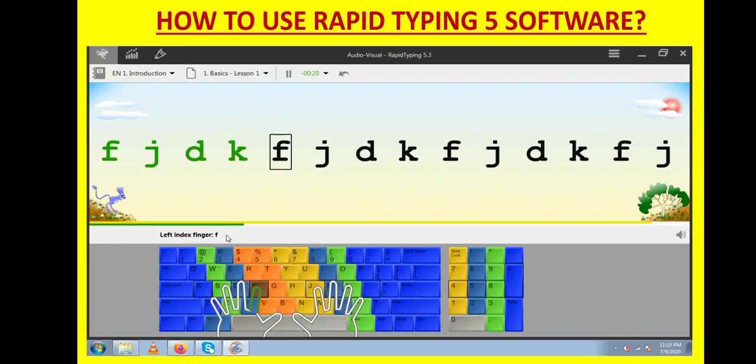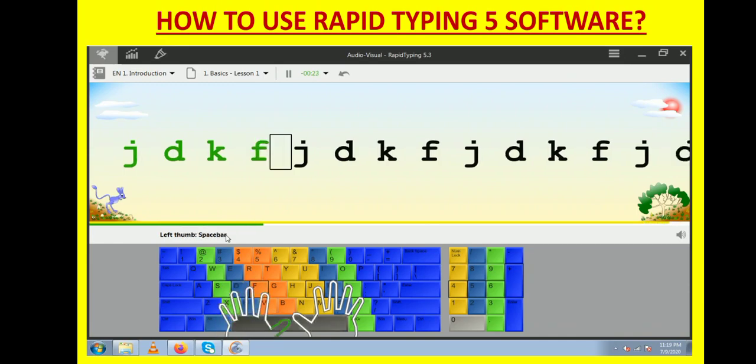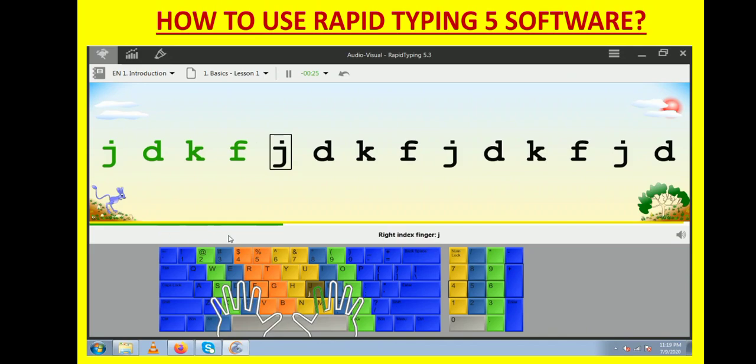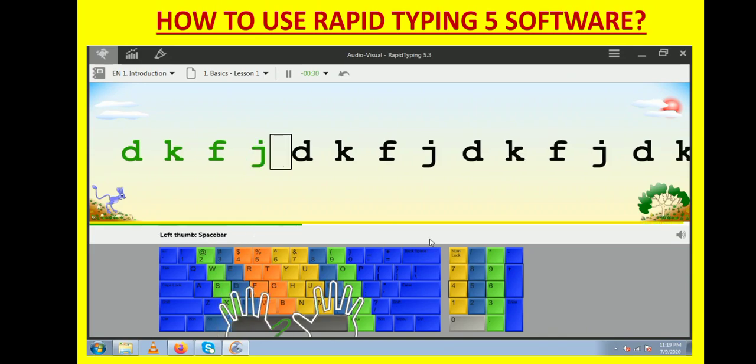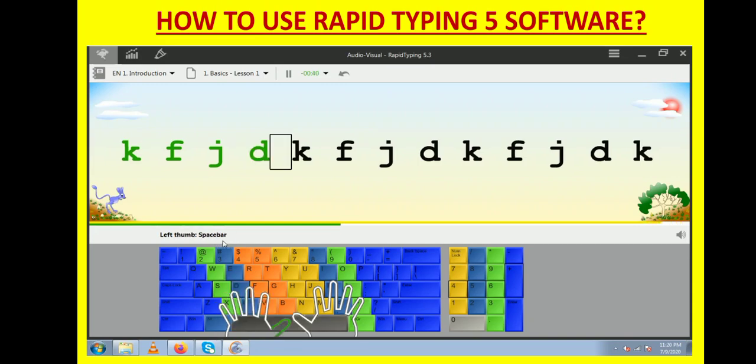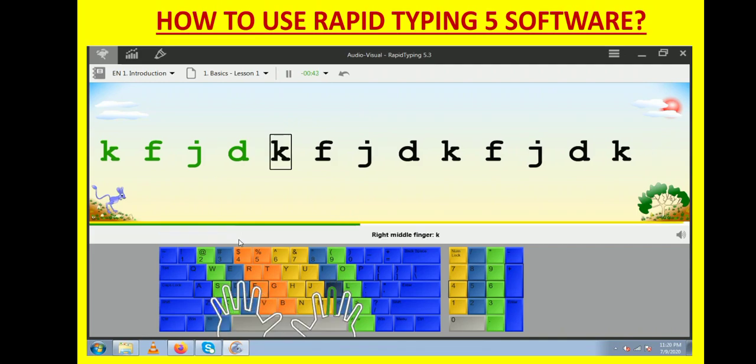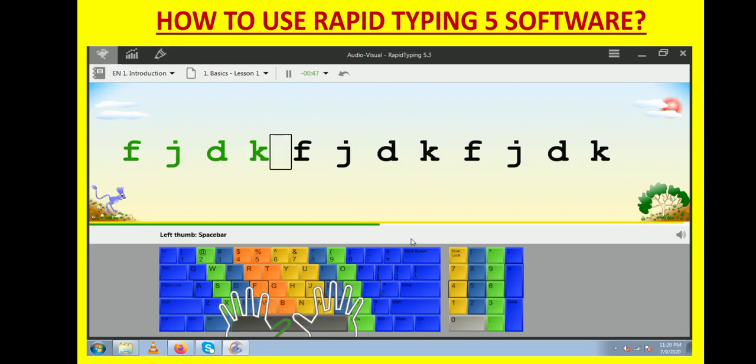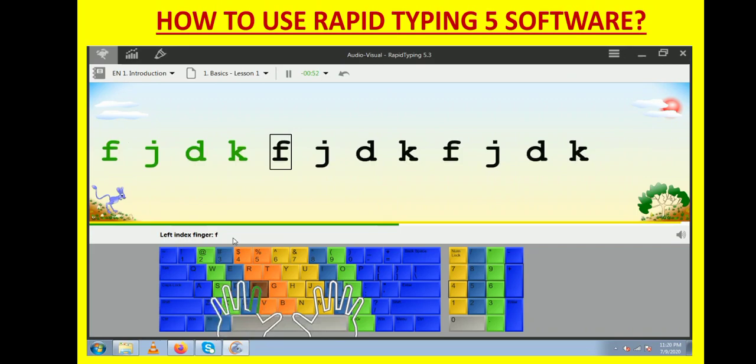Left index finger for letter F, left thumb for spacebar, right index finger for letter J, left thumb for spacebar, left middle finger for letter D. So in this way, see the instructions which appear in the middle of your window and press the appropriate key by the appropriate finger.